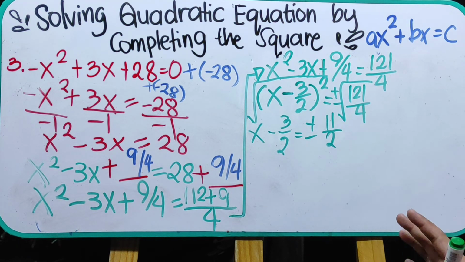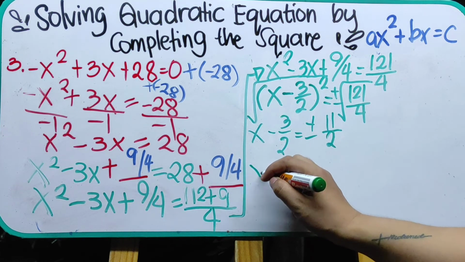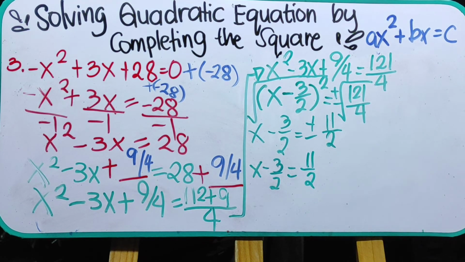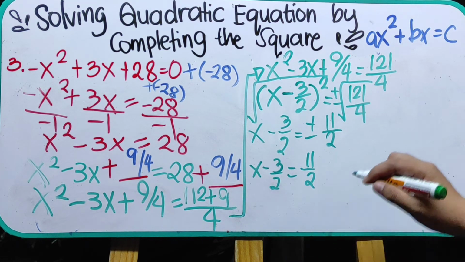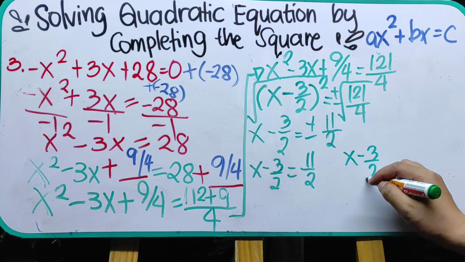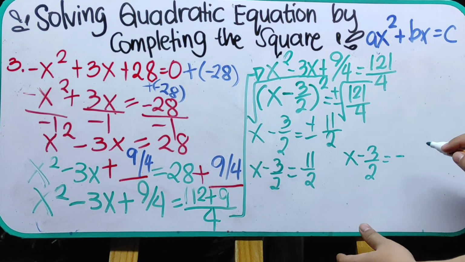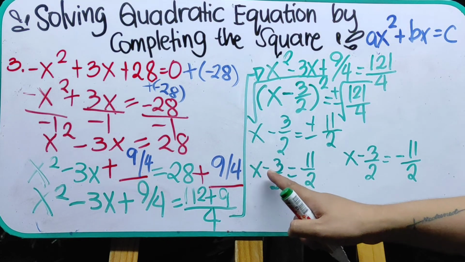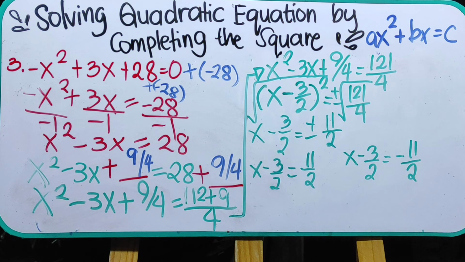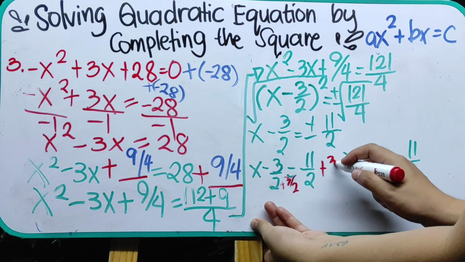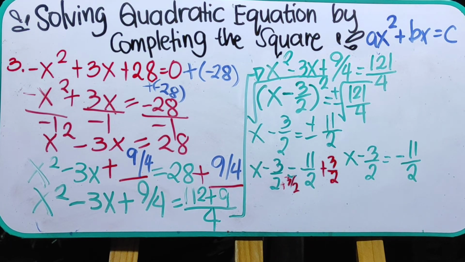So, ang gagawin muna natin dyan, paghihiwalayin muna natin siya. So, yung solution 1 natin, we have x minus 3 over 2 equals positive 11 over 2. Tapos, yung isa naman, dito na lang po ilalagay. Ngayon, x minus 3 over 2 equals negative 11 over 2. Okay. So, ito, dahil minus yan, so para matanggal yan, mag-a-add tayo ng positive 3 over 2 both sides. So, dito, add tayo ng 3 over 2. Dito, mag-a-add din tayo ng 3 over 2. Okay po? So, ang matitira na lang dito ay x